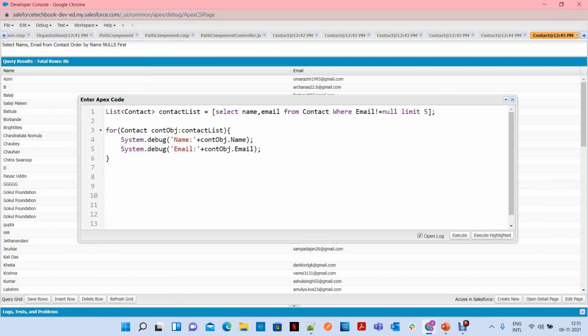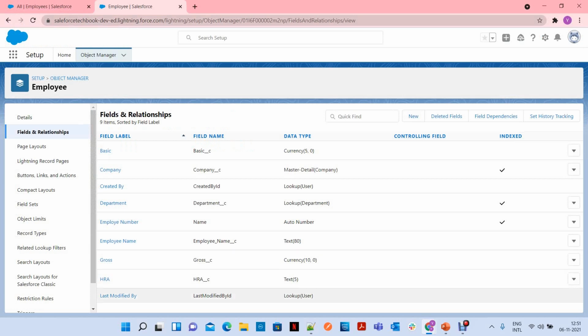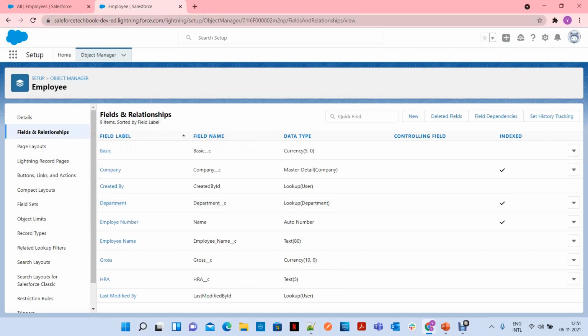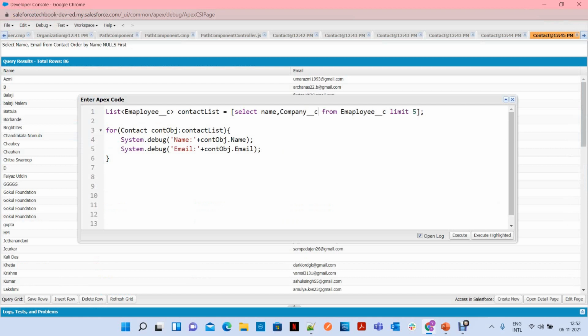So let's do this. Employee is the API name of the object, and the same thing, employee here. Do we have email? No, right? So we don't need this. Now limit 5, company, and then the employee list.